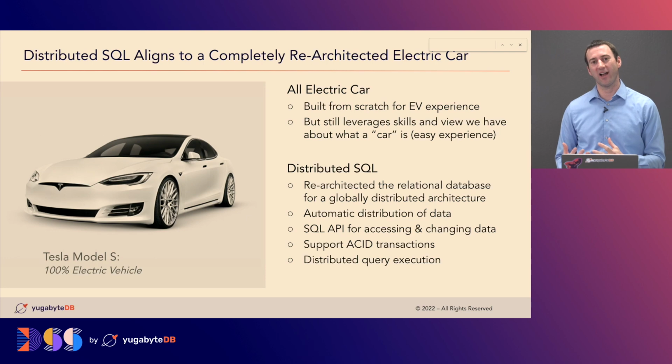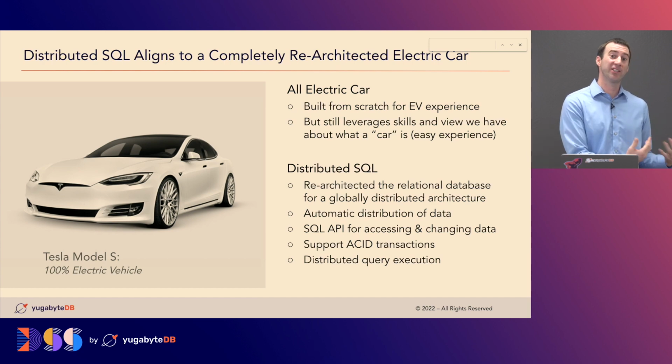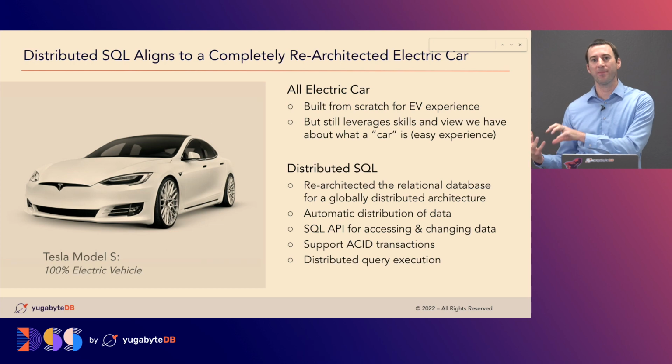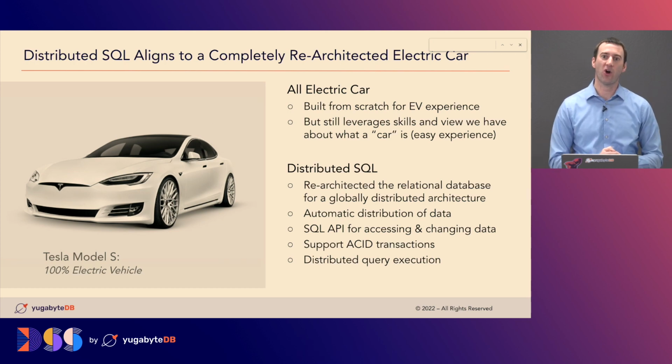They chose this design, and if you look at the Model S, it looks like a normal sedan. Any car out there, if it's driving down the road, it resembles it. It has normal pedals that we as drivers are used to. It's got a steering wheel, all those features. So they embraced rethinking the architecture, but also made sure they still maintained some familiarity with what we think of as consumers as cars.